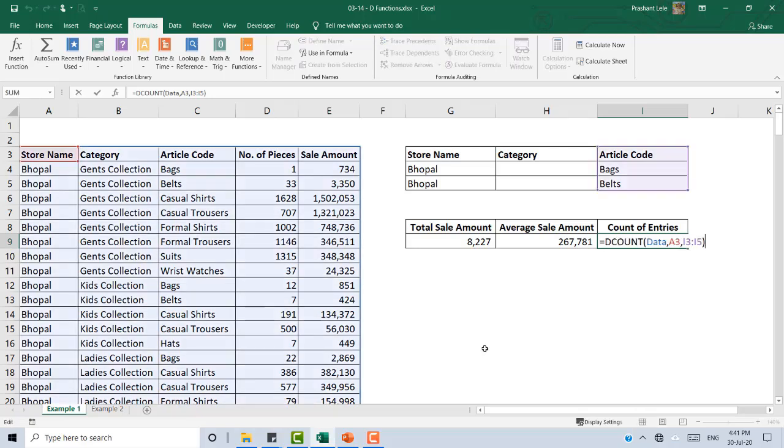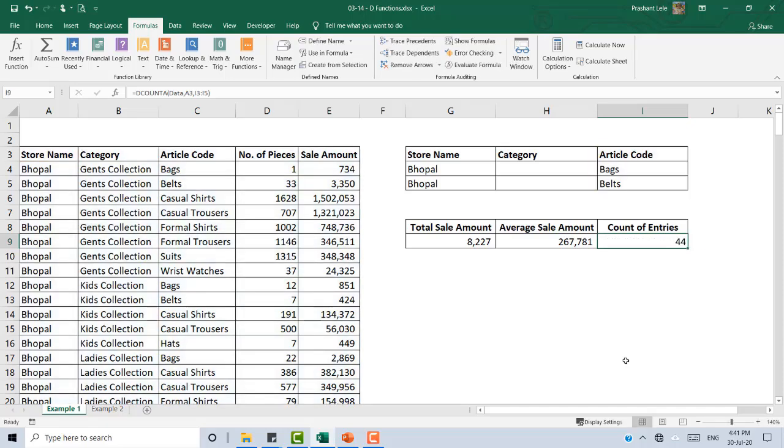There is a problem. Oh, okay. So, students, I used DCOUNT here, and DCOUNT only counts numbers, and there are no numbers in our store name column. So instead of DCOUNT we need to use DCOUNTA. See, a total of 44 entries are there.